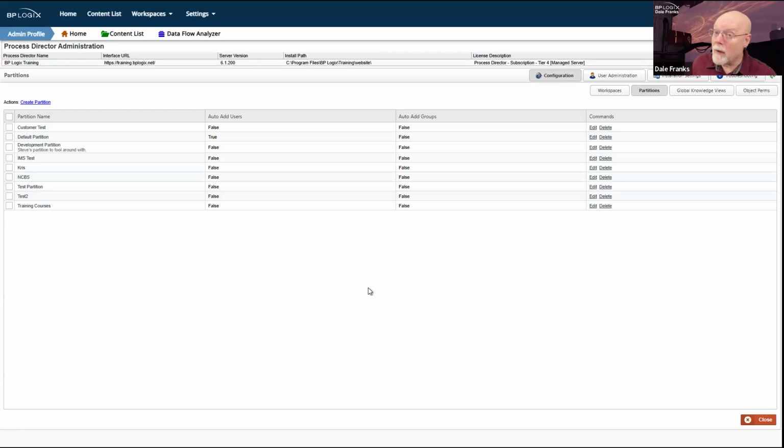Some of you, however, only have two systems. You have a staging system or a development partition or a development system. In a case like that, you might find it useful to create two partitions on your development system, one for staging and one for development. So all of your implementers would have access to the development partition and they could do anything that they wanted.